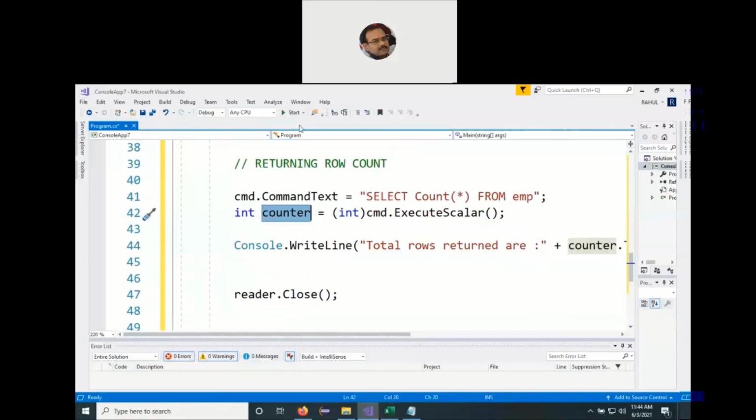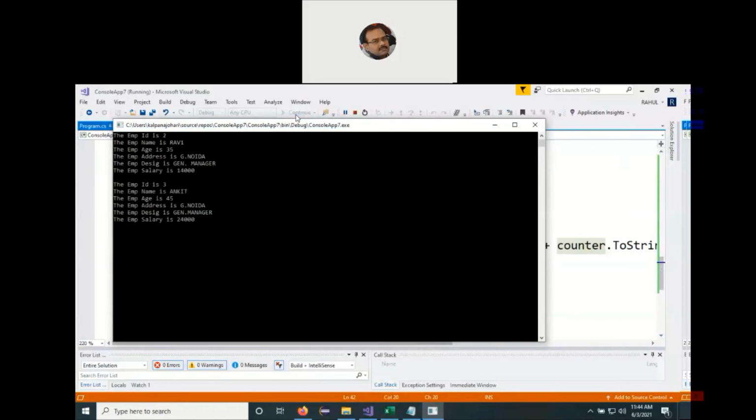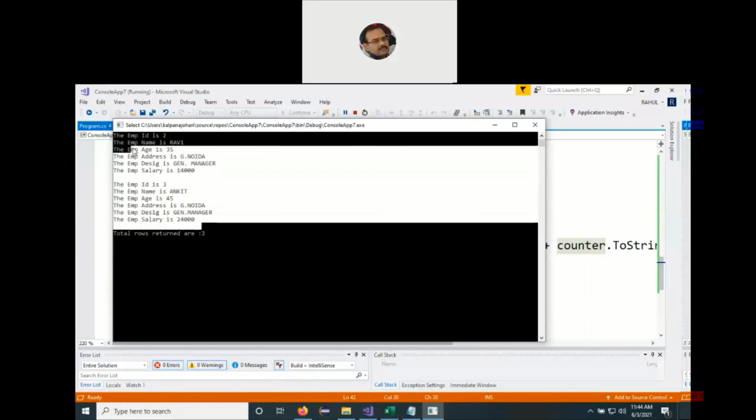So now we can go and execute the program. Now we can see on the command prompt window, there were two records in our table of the database, one with employee ID 2, one with employee ID 3. So in the reader, the OleDbDataReader reference variable, which is a logical container, two records have been fetched. We start with the while loop, and the while loop kept on going till it reached null. Then no more records are there in the repository or the container. So two records have been fetched.